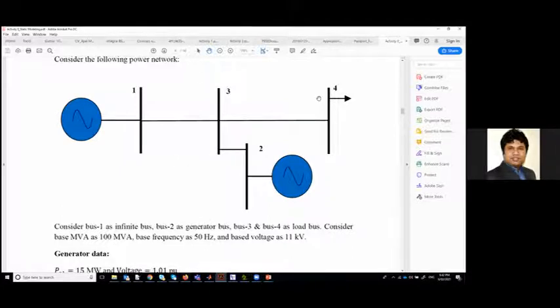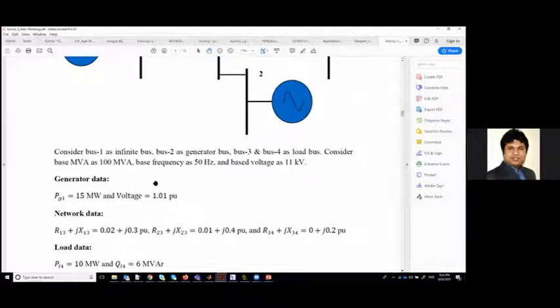Yeah, if you look, you will see 4 buses, and it has 2 generators and 1 load. This arrow is represented as a load in the power network. Okay, this is a single line diagram. That means we have 4 buses, and the specification of the system is given here. Consider bus 1